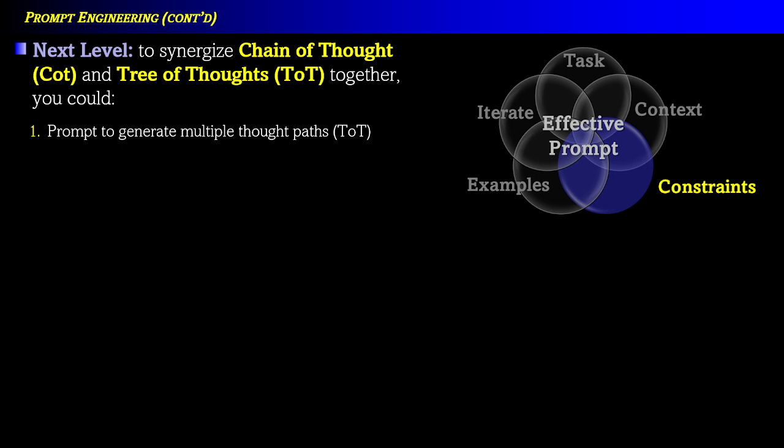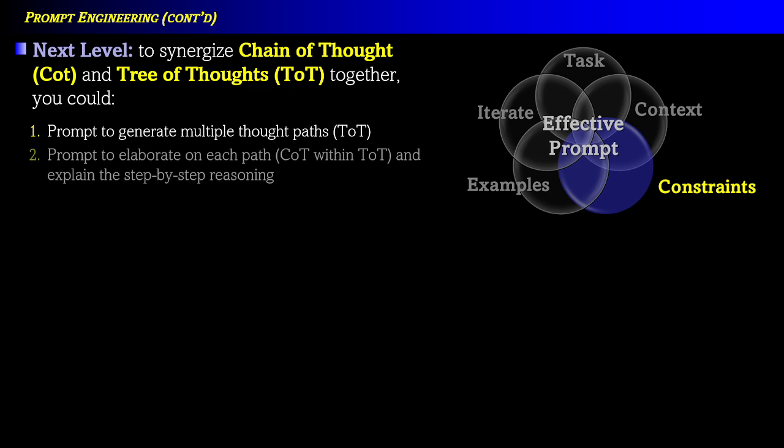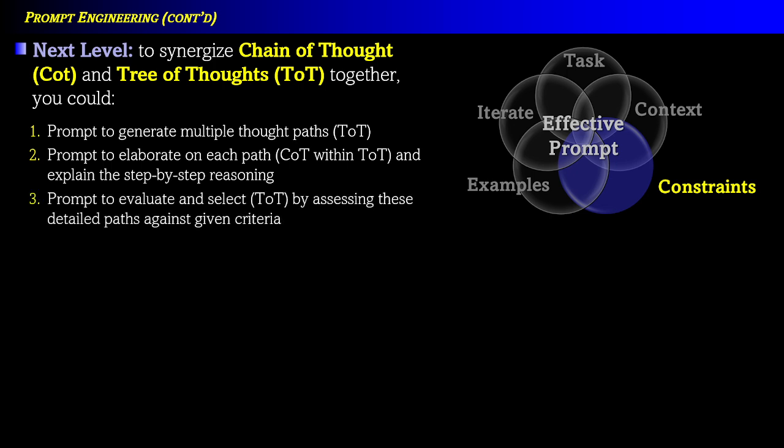You could prompt to generate multiple thought paths, which is tree of thoughts. You could prompt to elaborate on each path, which is a chain of thought within a tree of thought, and explain the step-by-step reasoning. You could prompt to evaluate and select, tree of thoughts, by assessing these detailed paths